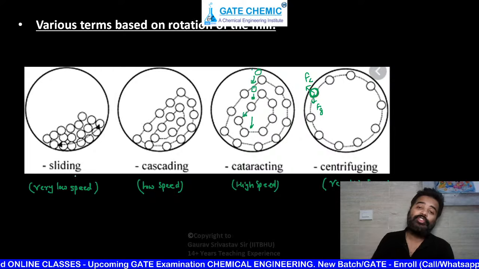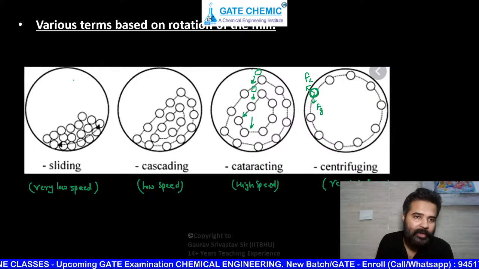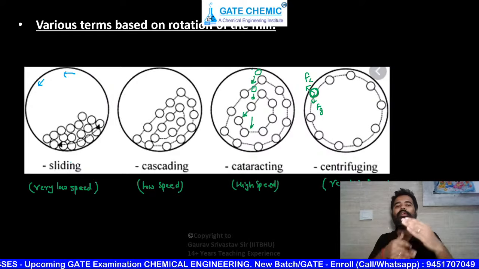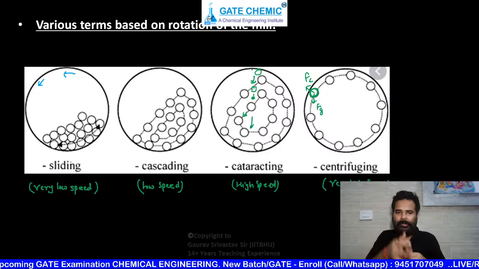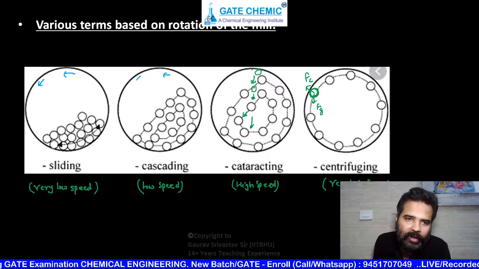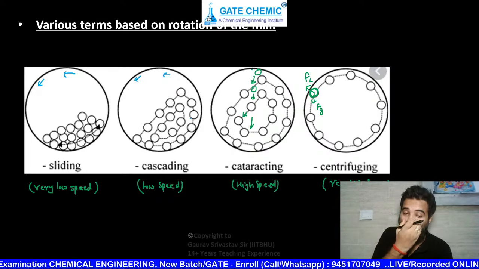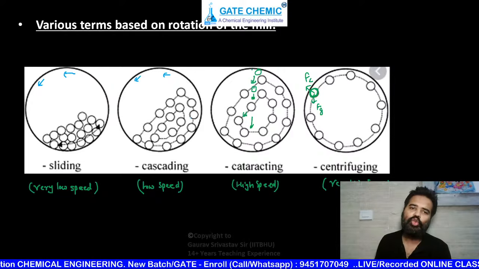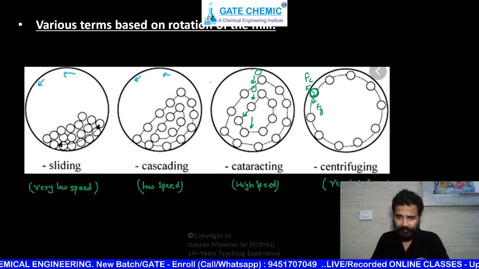Various terms based on rotation of ball mill. अब ball mill के rotation के आधार पे देखो बेटा, if you are rotating the mill at very slow speed, the balls are sliding over each other at very low speed. You can feel it, very low speed. If you increase speed a little bit more, then they will be carried up to some extra height, थोड़ा और ऊपर तक जाएंगे और फिर वो गिरेंगे. This is cascading. अभी भी मोस्टली रोल ओवर है, एक दूसरे के ऊपर अभी भी स्लाइडिंग ही हो रही है.